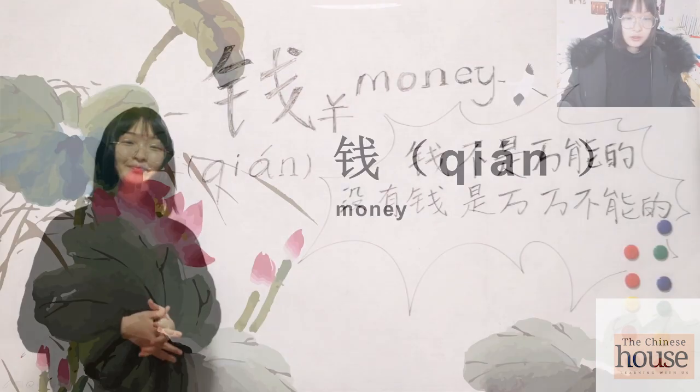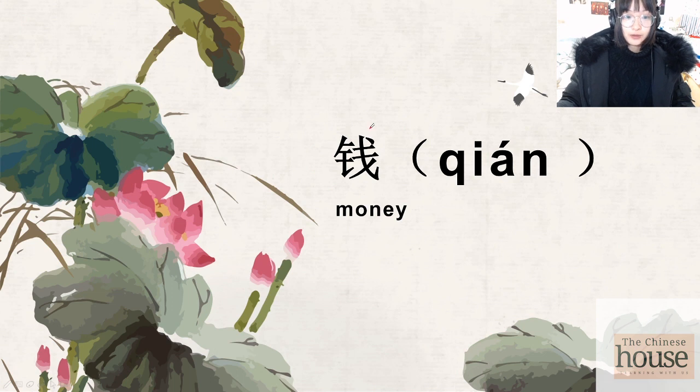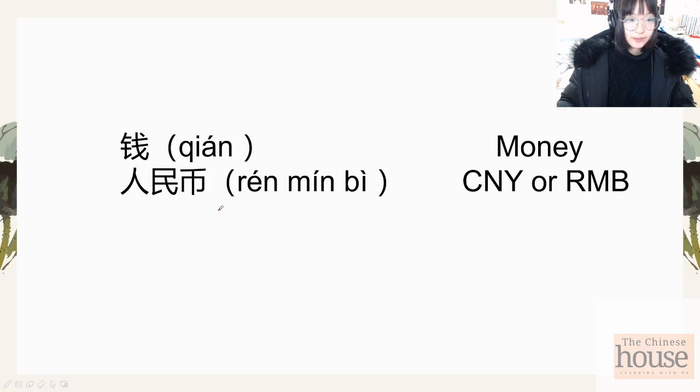Let's start. First of all, we should learn this character, which means money. 钱, take care of the second tone. 钱 is rising. Looking at this character, this part literally means something related to metal, and this one gives the phonetic meaning, which provides the pronunciation of it. So, okay, we just go to the next part.